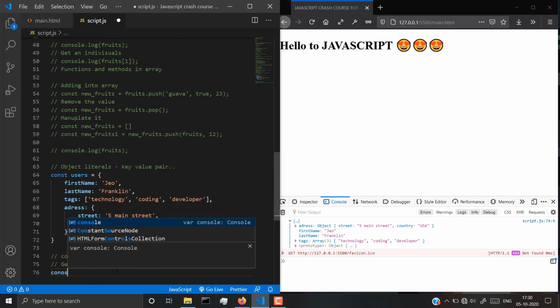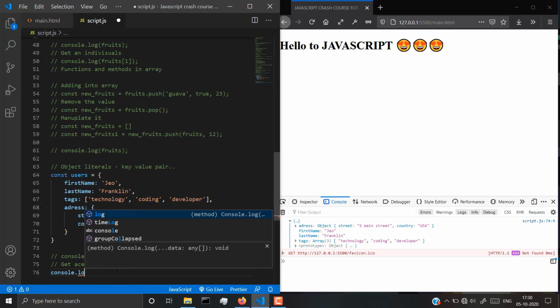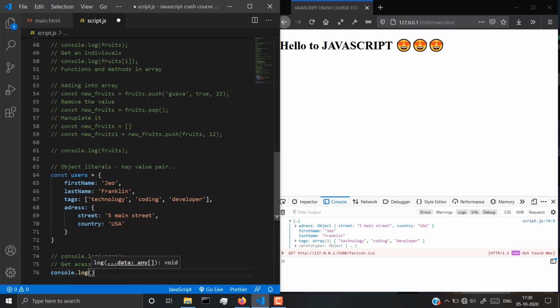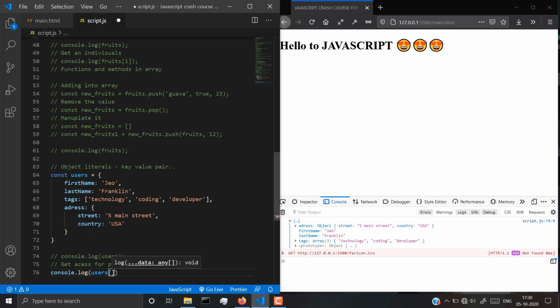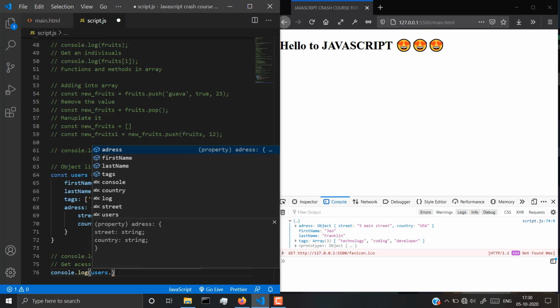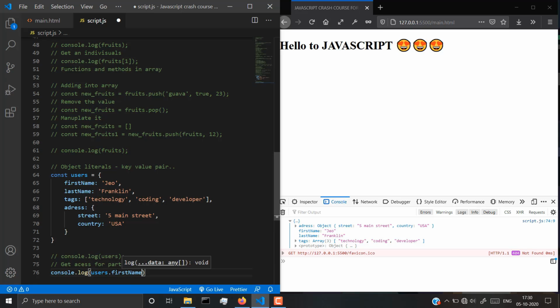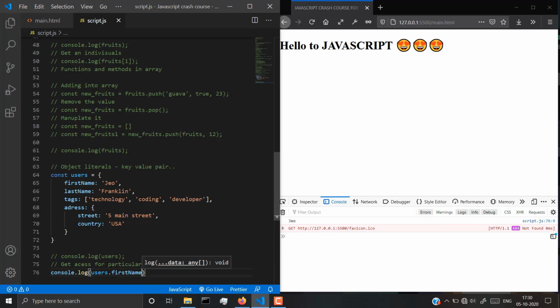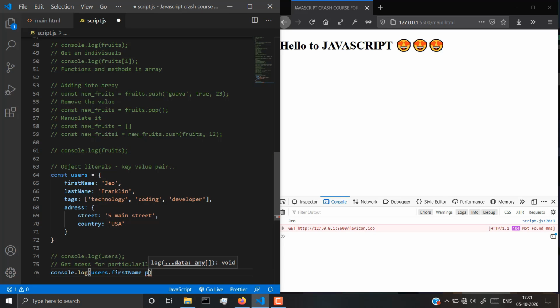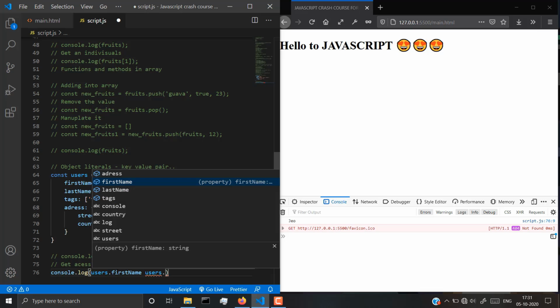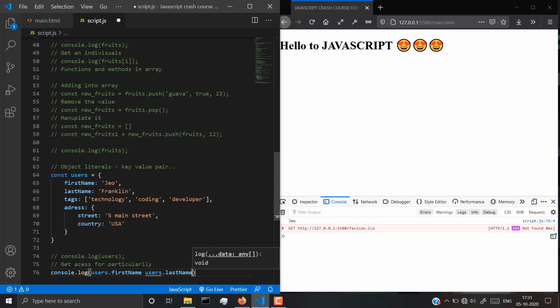So let's console log one more time, guys, and this time we will write users, and then in users we could put, now we have all the things, so let's just put first name, and if I save this we will give geo. Okay, geo, whatever it is, and then we could also write users dot last name, just like this, and then we will also get,